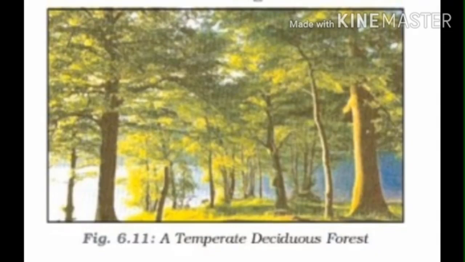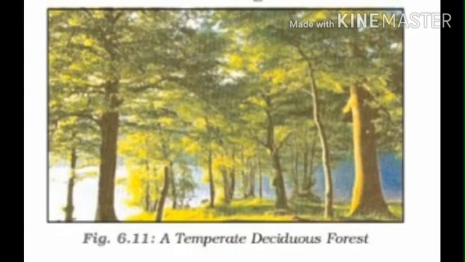Clear? Then birds. What are the birds present there? Monals and pheasants. These are the main birds found in temperate deciduous forest. Clear, children? Shall I revise once again these 4 types of forest? First one is tropical evergreen forest. Tropical evergreen forest is also called what, children? Tropical rainforest. This type of forest requires a hot climate and abundant rainfall almost throughout the year.